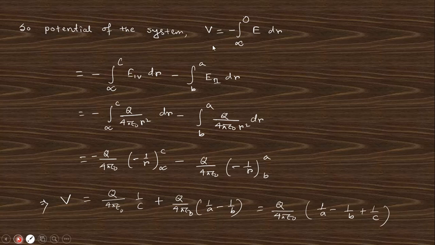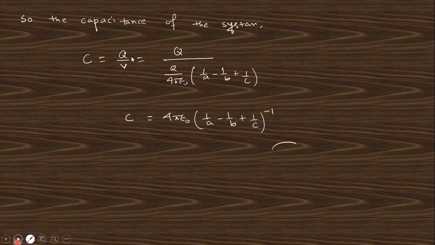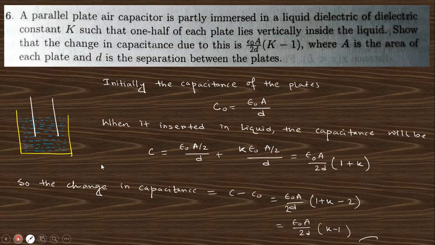So we can find the potential from minus infinity to 0. Here we integrate over the regions minus infinity to c and b to a, because the other two parts are 0. So put in the value of the electric field, integrate, and you will get this potential difference. After getting the potential, the capacitance is nothing but Q by V. Put in the value of V and you will get this answer. Clear? If there is any doubt, you must comment in the comment box. Go to the next question.